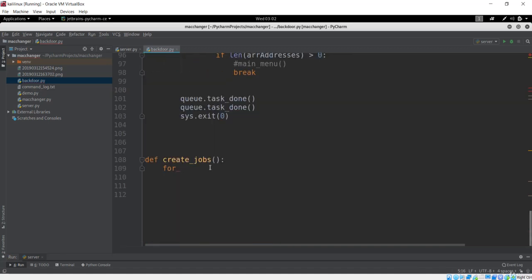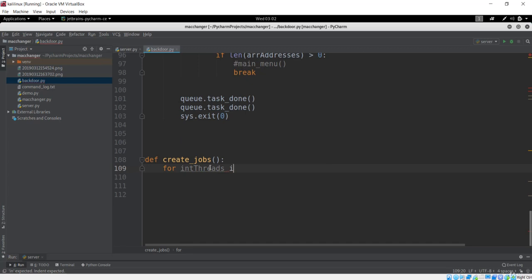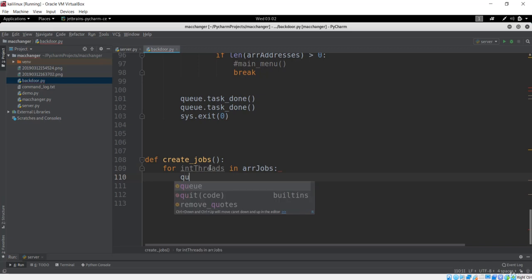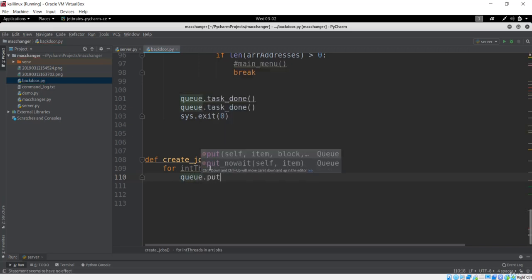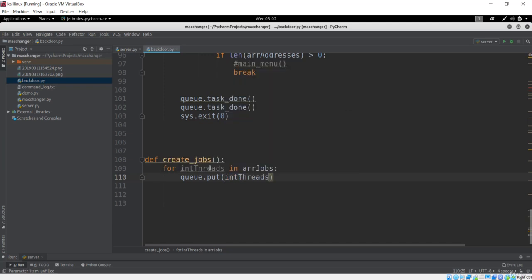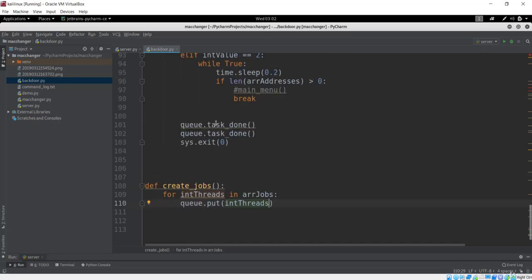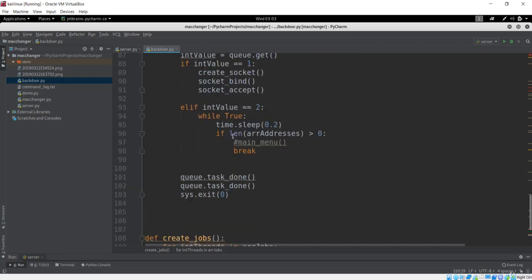Based on that, we'll loop on it first. I'll say for integer threads in that array job, which is going to give us 1 and 2. There I want to put that into the queue. In order to put that, I have to say that the int threads, which was the 1 and 2 elements, are put in the queue, and we'll loop on that queue, and based on that we'll do these tasks.